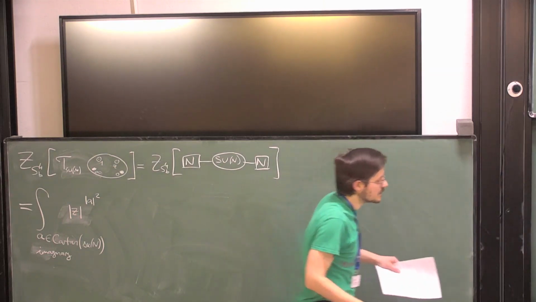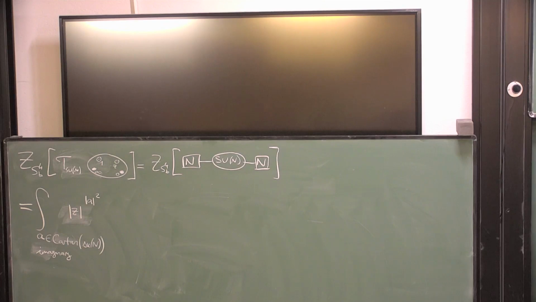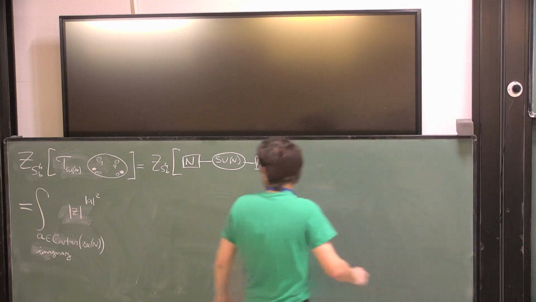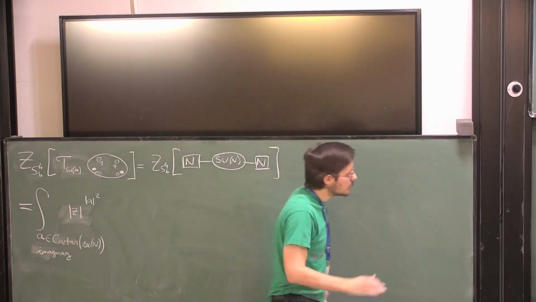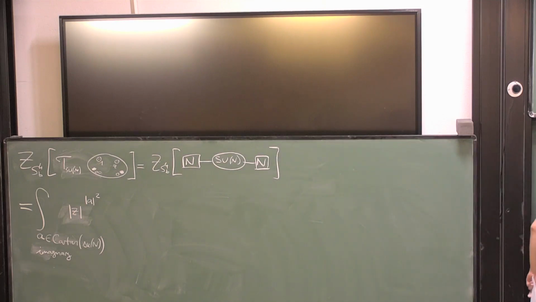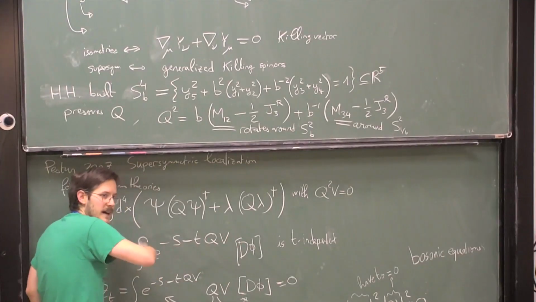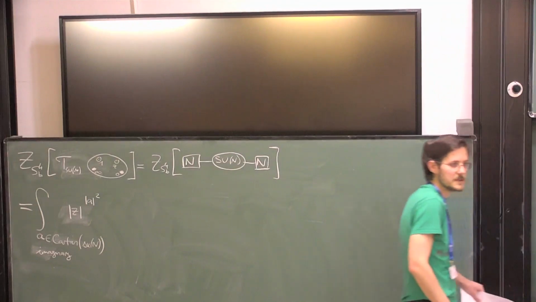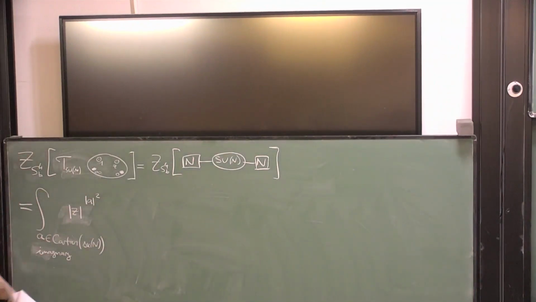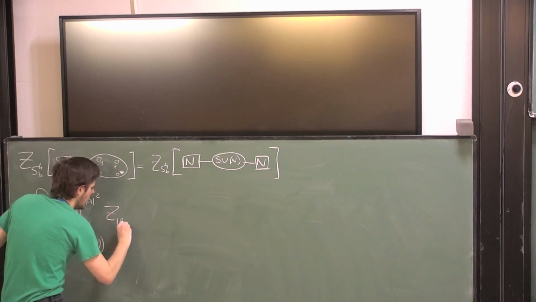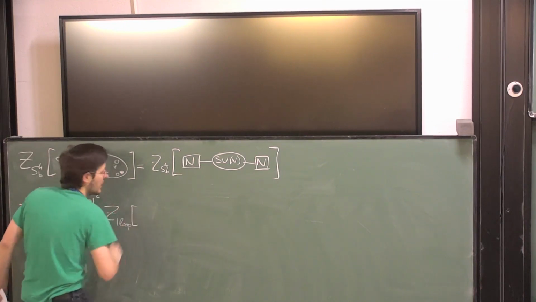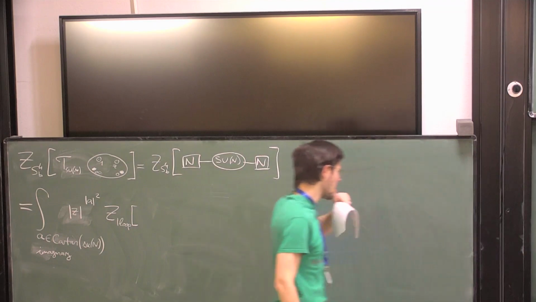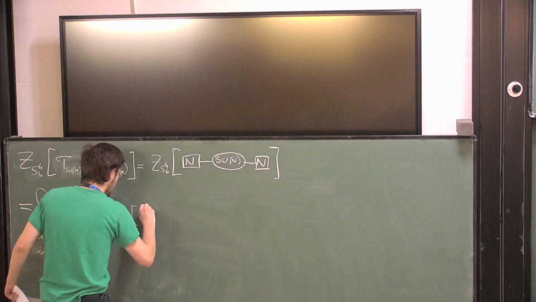So this is the classical contribution, just the value of this integrand there. But you also have to worry that there is a change of variables. The more precise statement is that when you send t to infinity, you still have a residual effect coming from a Gaussian integral around this locus q psi equals 0, q lambda equals 0. And this Gaussian integral you can perform, you can compute exactly. It's going to be the so-called one-loop determinant, which depends on all the fields that show up in qv, which are the gauge fields and matter fields. So it's going to split